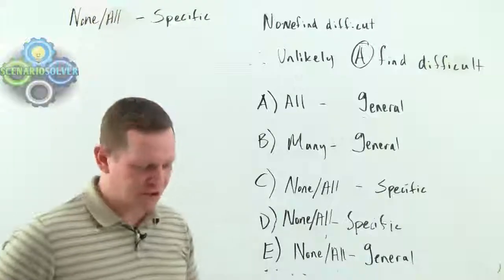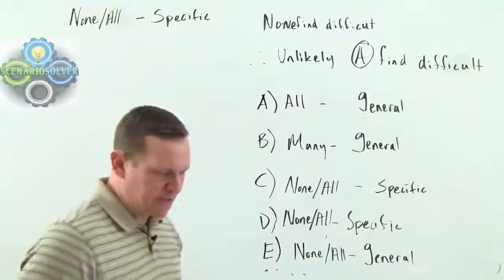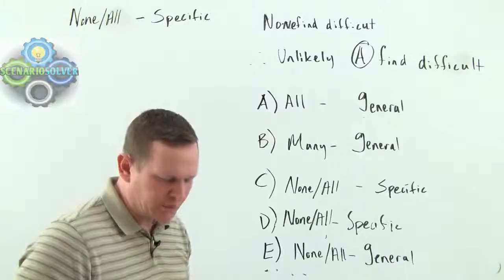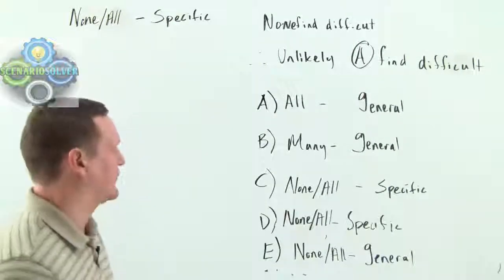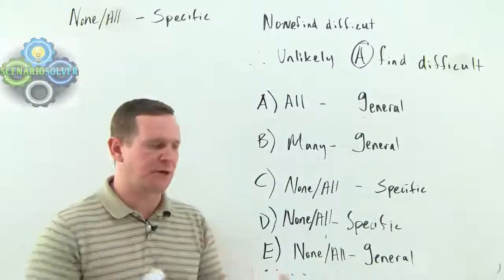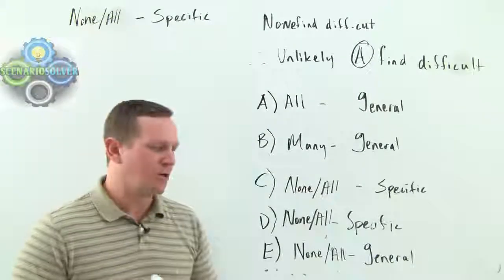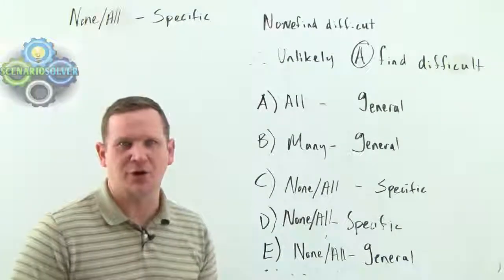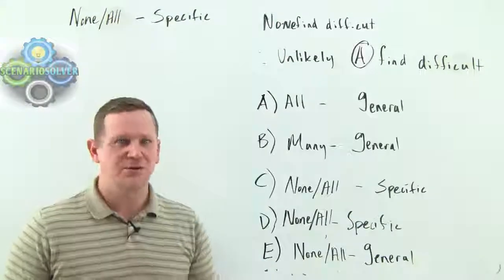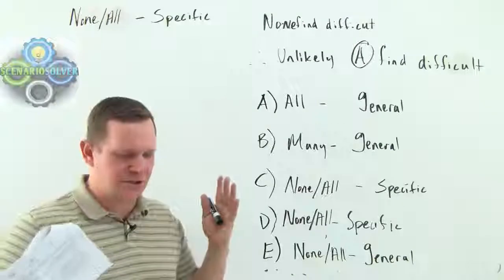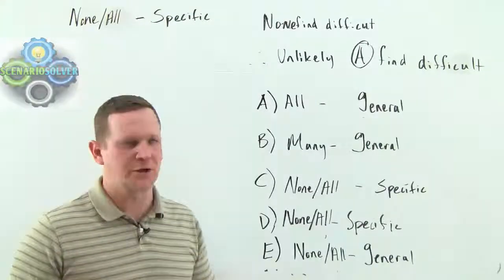Okay, we're looking at question 6, and it basically asks the reasoning in which one of the following arguments is most similar to the reasoning in the argument above. Okay, so automatically, we've got a parallel reasoning question. We assume that we have a valid argument up top because we're not told that there's a flaw. So our idea here is just we need to identify the conclusion of the argument,